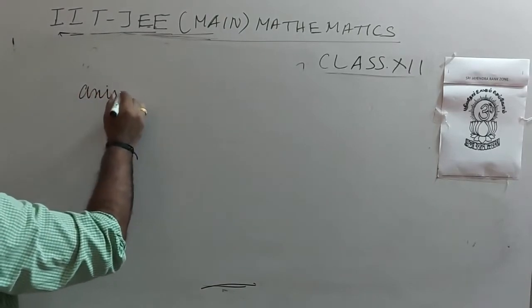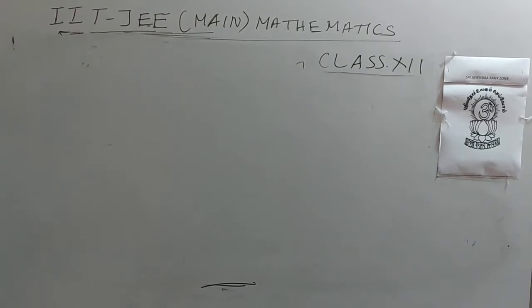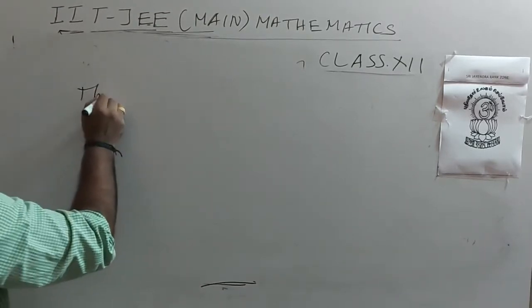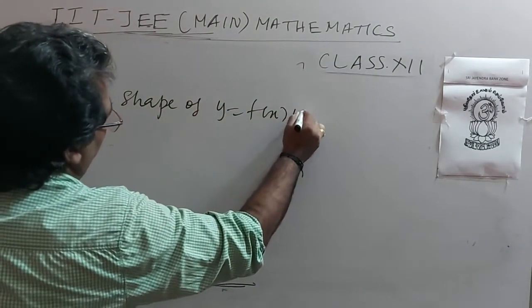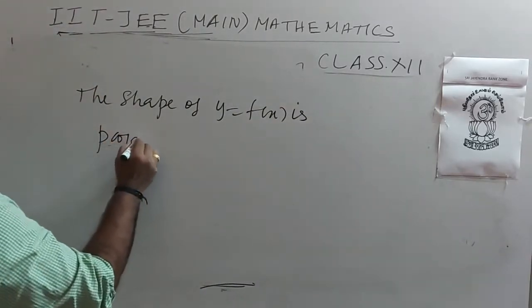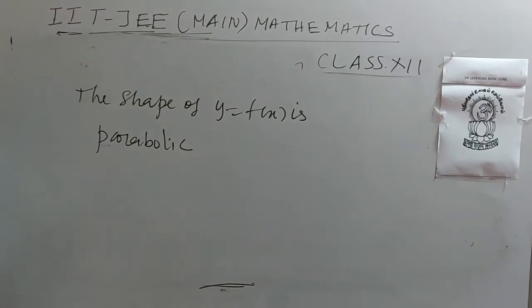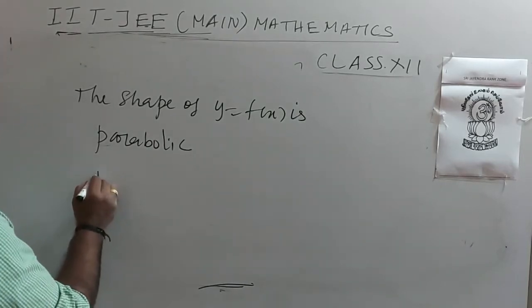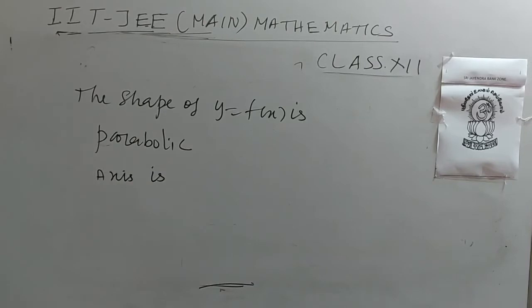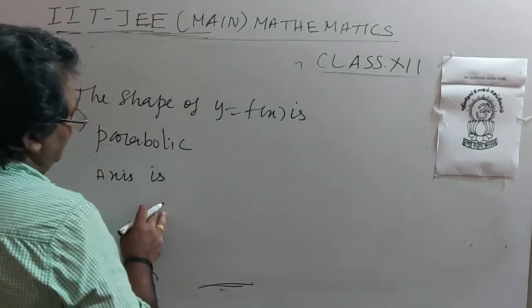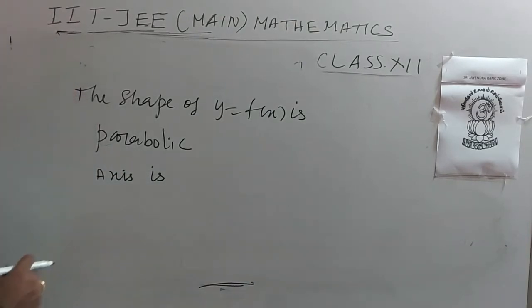The shape of this is parabolic form. Axis is Y axis, that is X equal to 0,